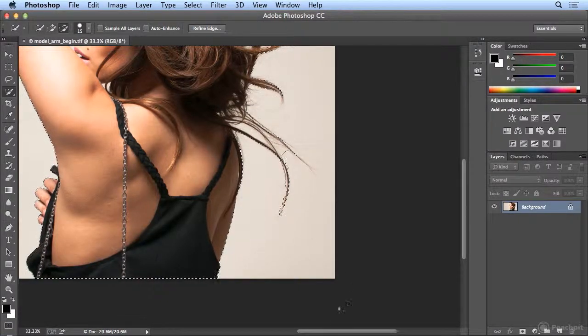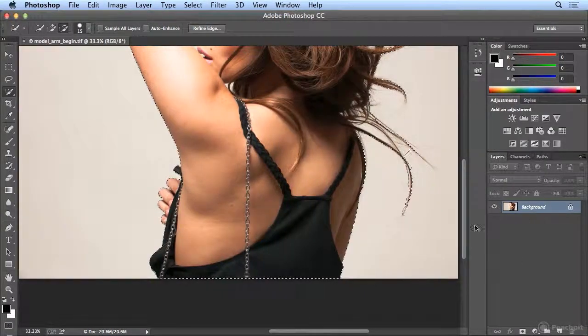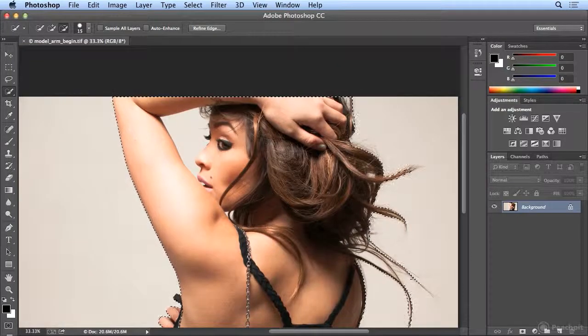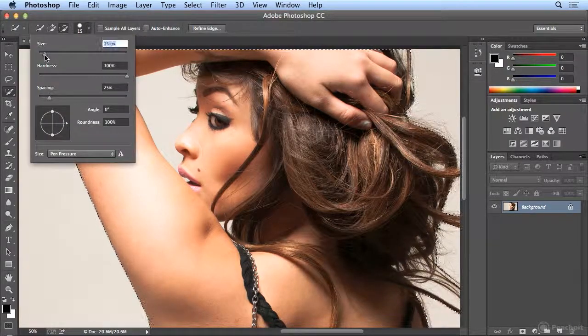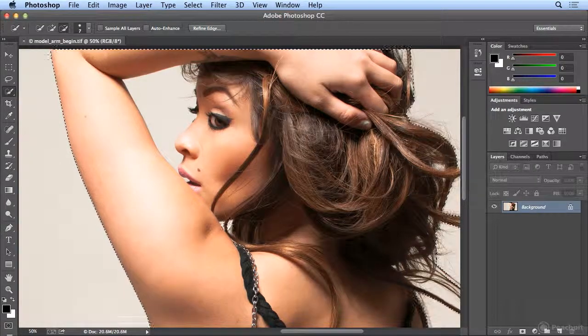It's okay that you've got some white in there. I'll zoom in a little bit. I prefer Command plus on the Mac or Control plus on Windows, and my brush is still too large, so I'm going to size it down to 7, and I'll just paint away some of the white inside here. I'll do a big painting trying not to touch her arm or eyelashes. I barely had to touch anything, and it cleaned up right there. If it got too much of her mouth,